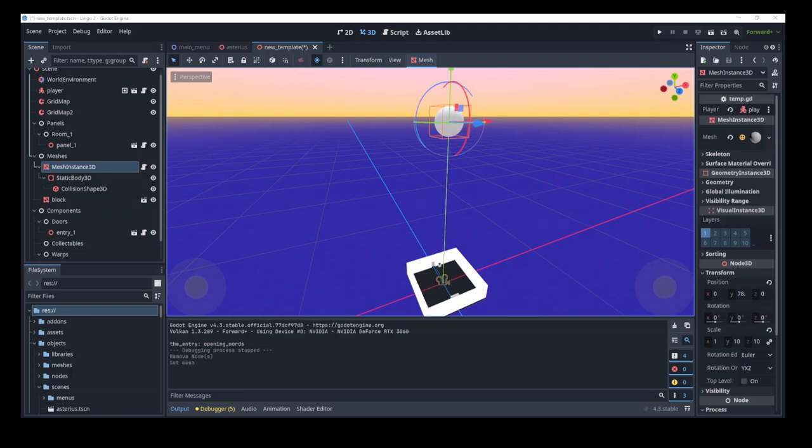Welcome to Lingo 2 map making tutorials in Godot 4.3 Steamworks. So today I'm going to be talking about how to make your own custom gravity scripts in Lingo 2 using